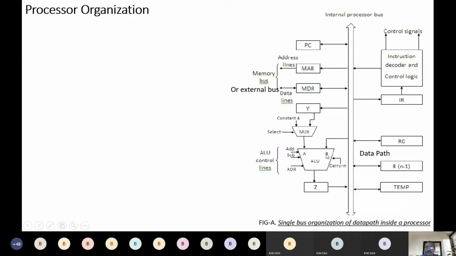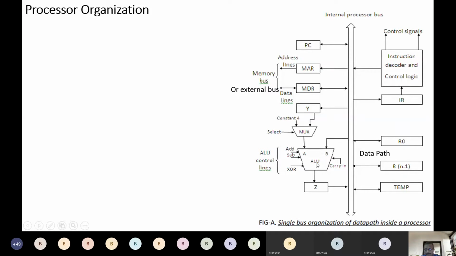And here the ALU may also receive the B value. From where may it receive B? Maybe from other registers, maybe R1 or R2. The data from register R2 maybe travels to the internal processor bus. It flows into B, and you can see A and B are available for the ALU. What will the ALU now do? It needs to do arithmetic and logic operations, like addition, subtraction, XOR and so on. Which operation it will select is based on these control lines. If the control line specifies add, then it adds A plus B. If the control line specifies sub, then it does A minus B, and so on.